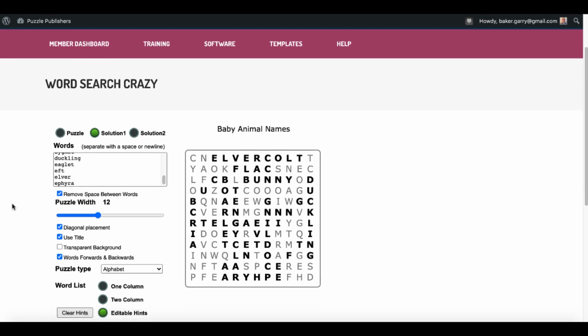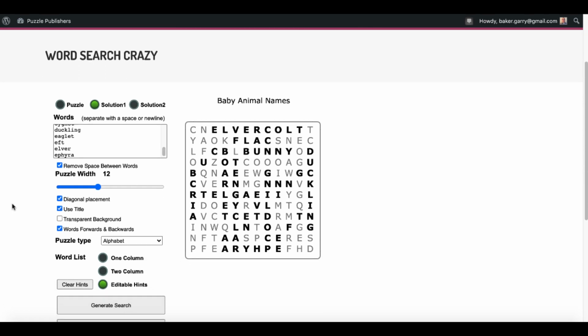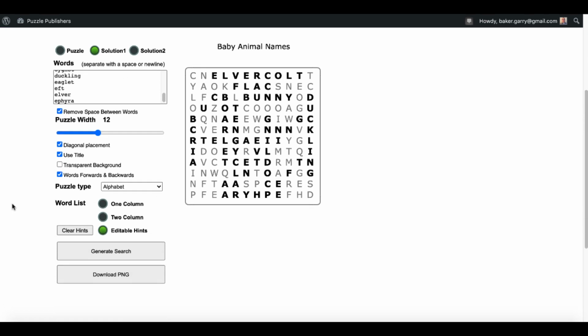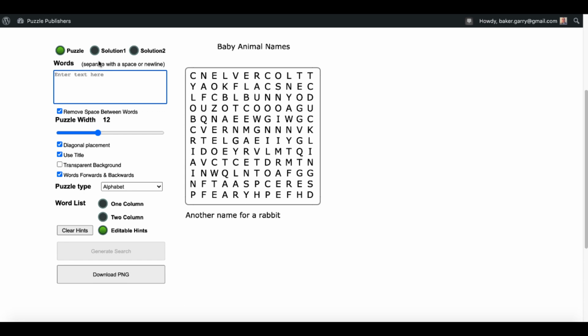Of course, over at Puzzle Publishers, you get everything inside when you join and you become a member, to include Word Search Crazy, which has the ability to enter the words here inside of the tool versus uploading a text file, which I really like. Plus it has 2 different solutions which work well. I really like this output of the bolded solution. It's one of my favorites. And it has these